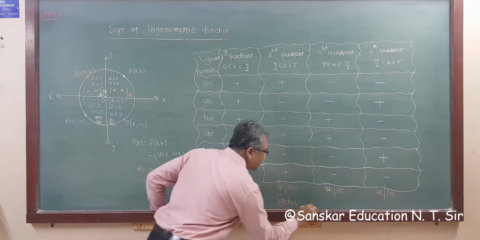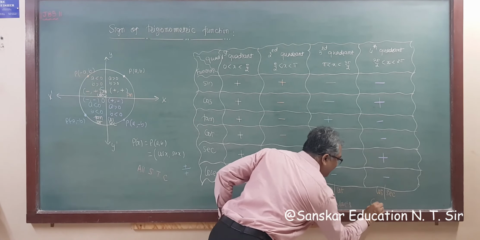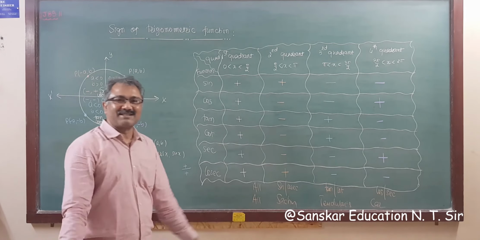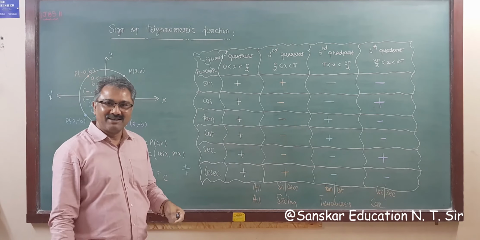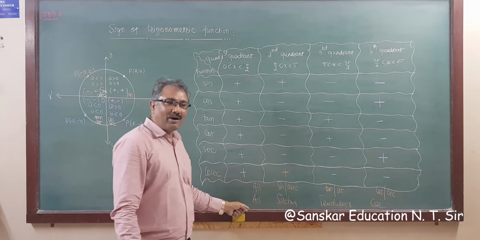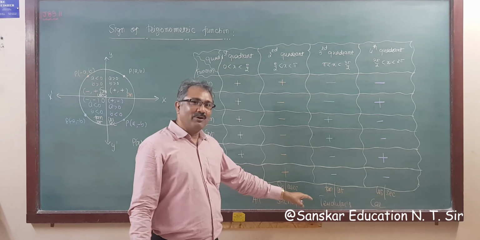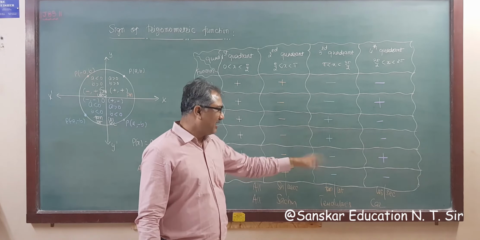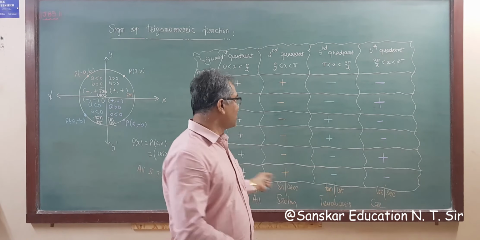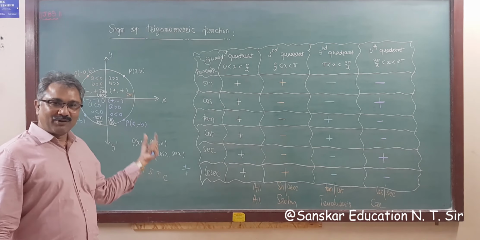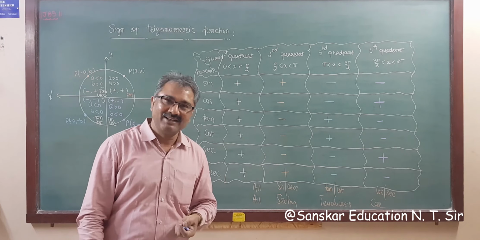Either all Sachin Tendulkar's car, or Sachin Tendulkar's cap, whatever, all Sachin Tendulkar's cup that he wins. Means all, sine and its reciprocal cosec; Sachin Tendulkar means tan and cot; and cup, car, cap, whatever, C means cos and sec. So this is very easy to remember: all STC, either all Sachin Tendulkar cars. Okay, got it?